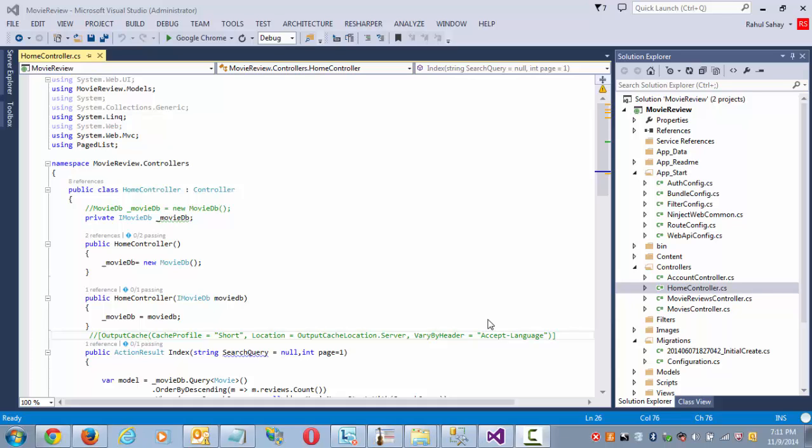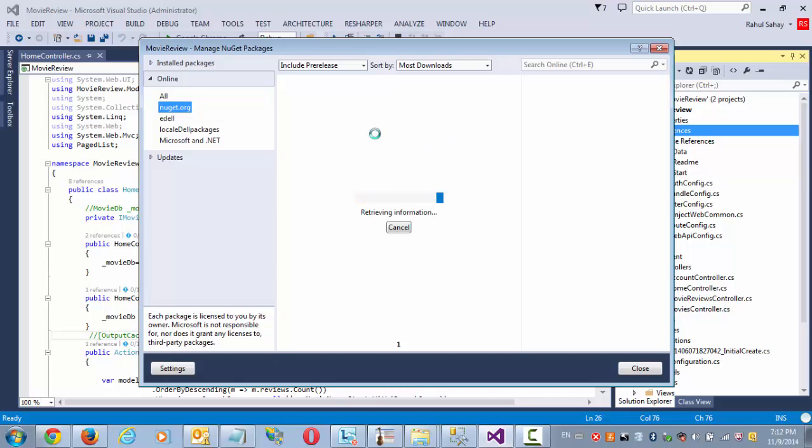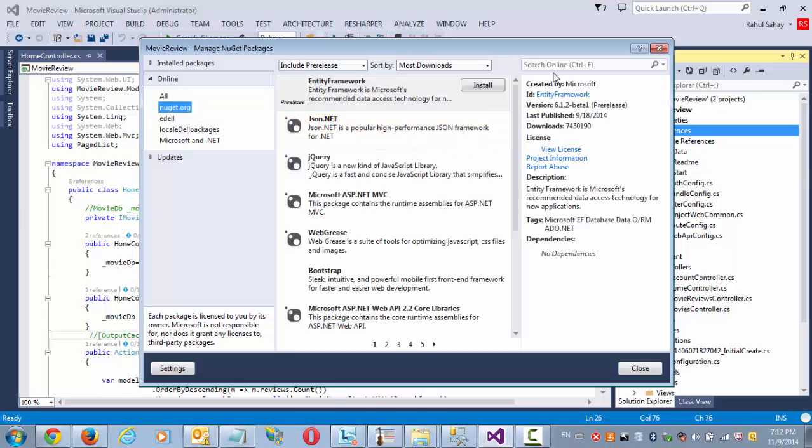So now we are in the movie review project, which we are going to convert into a web API project. Convert means I am going to include one more module to support ASP.NET Web API. What I'm going to do here is simply add my dependency, ASP.NET Web API, via NuGet package. I will click here, Manage NuGet Packages, and search for web API